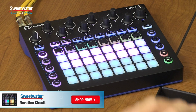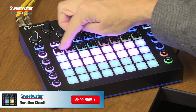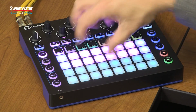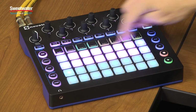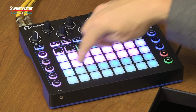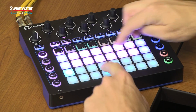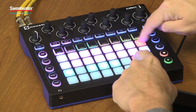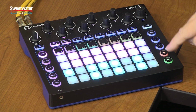In note view, we can either manually enter or step enter our parts, or we can play them in real time. So we choose a sound engine. In this case I'm on Synth 1, and it's actually a split grid here. On the top we have the actual note, and on the bottom, we have our 16 sequence steps. To enter a part, simply hold down a step, press a note. When we hit play,